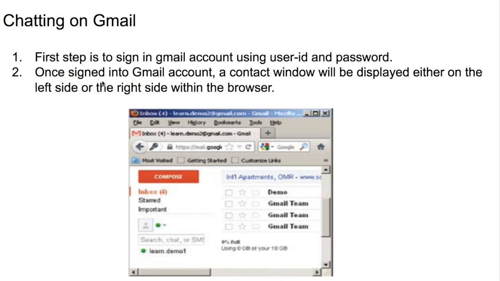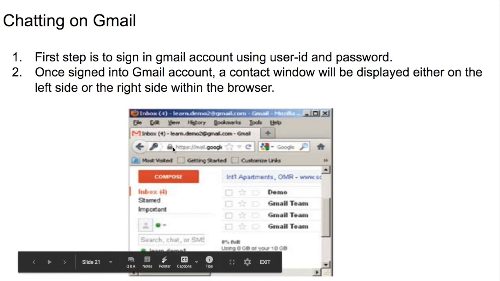After that, once signed into the Gmail account, a contact window will be displayed either on the left side or the right side within the browser. You can see the display here, and in this you will find this green symbol. You just have to tap on this symbol.